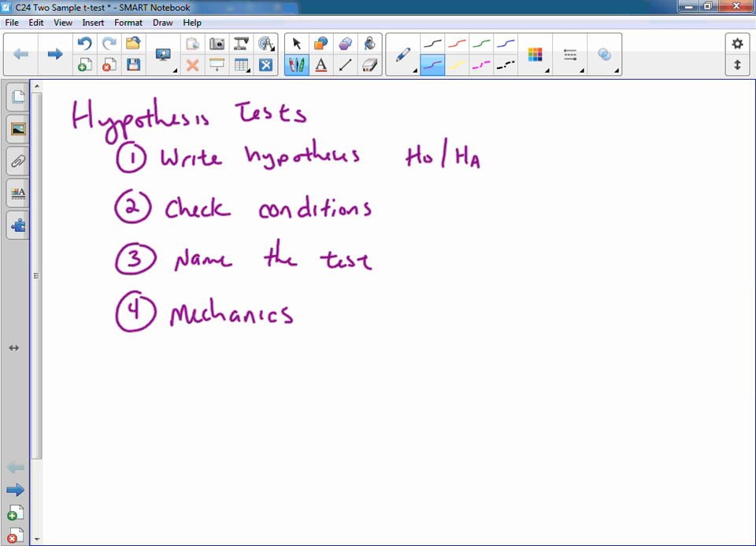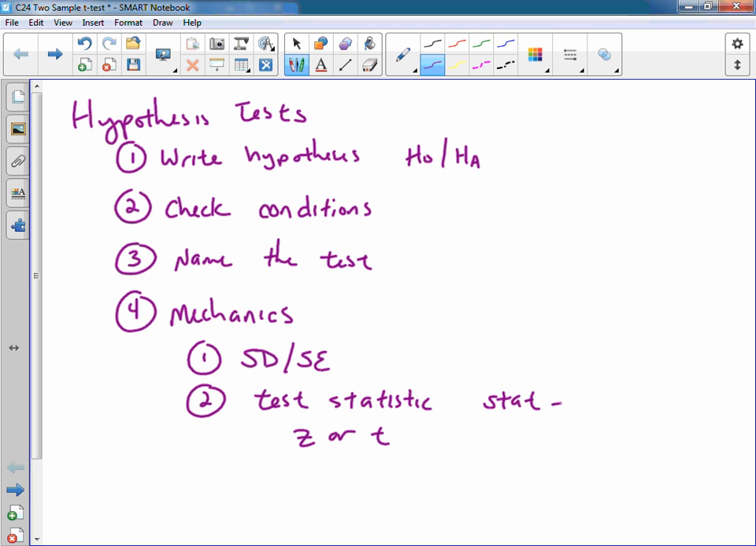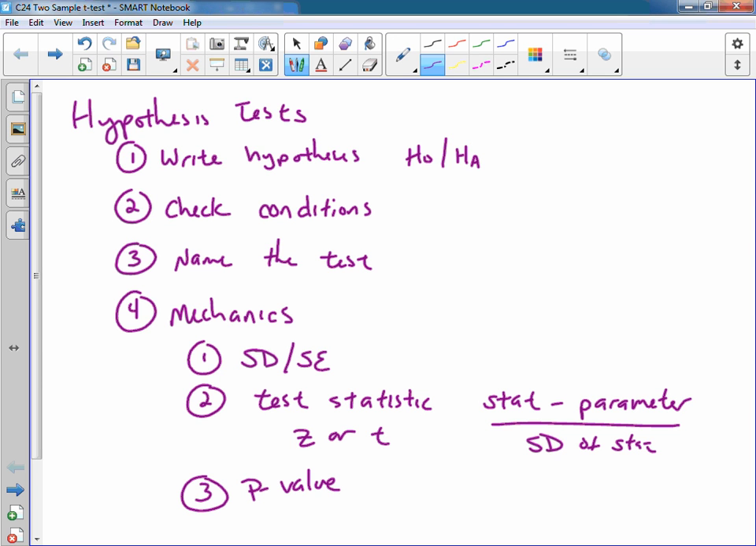And there's three pieces, pretty much. One, the standard deviation or standard error, depending on what you're talking about. Two, the test statistic, which is Z or T, which is found by doing the statistic minus the parameter divided by the standard deviation of the statistic. And then you find the p-value using a calculator or a table, normal CDF, TCDF, those types of things. Okay? And then after that,